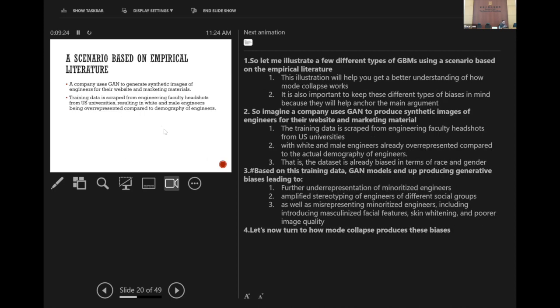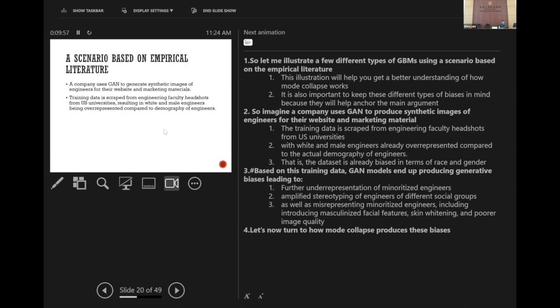Okay, now let me illustrate a few different types of generative bias using a scenario based on empirical literature. This illustration will help you get a better understanding of how mode collapse works. But it's also important to keep this example in mind because it will help you anchor the more abstract argument later. So let's start by imagining a company that uses GAN to produce synthetic images of engineers for their websites